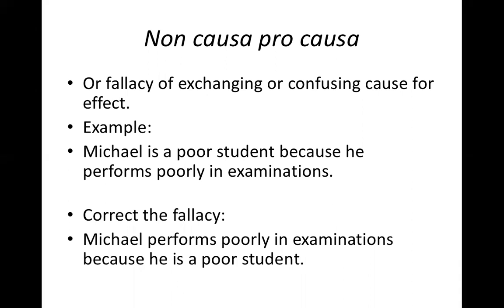Or two people are fighting. Let's say Kofi slaps Amma, and then Amma slaps Kofi back, and a fight begins. And they are in court. The judge asks the question, who slapped first? And then Kofi says it is Amma. That is exchanging cause for effect, because the cause of the fight is that Kofi slapped Amma. So when Kofi says in court that Amma slapped first, then Kofi is exchanging cause for effect.